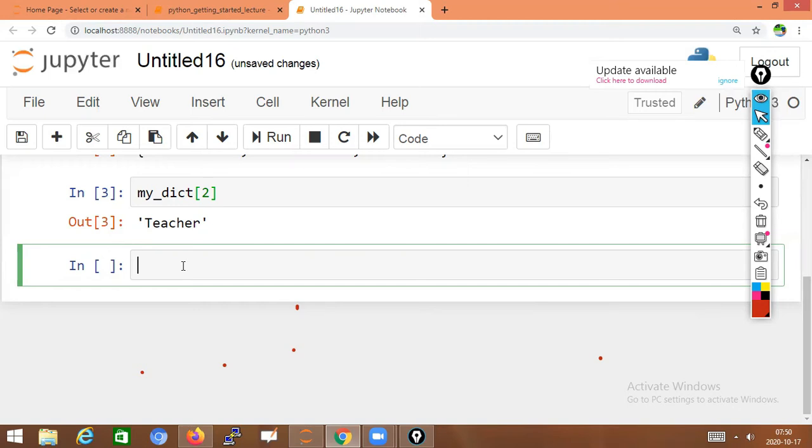So this is how to create a dictionary. Next, one more dictionary I'm creating. You can create an empty dictionary. An empty dictionary means you just put the braces, that is flower brackets.